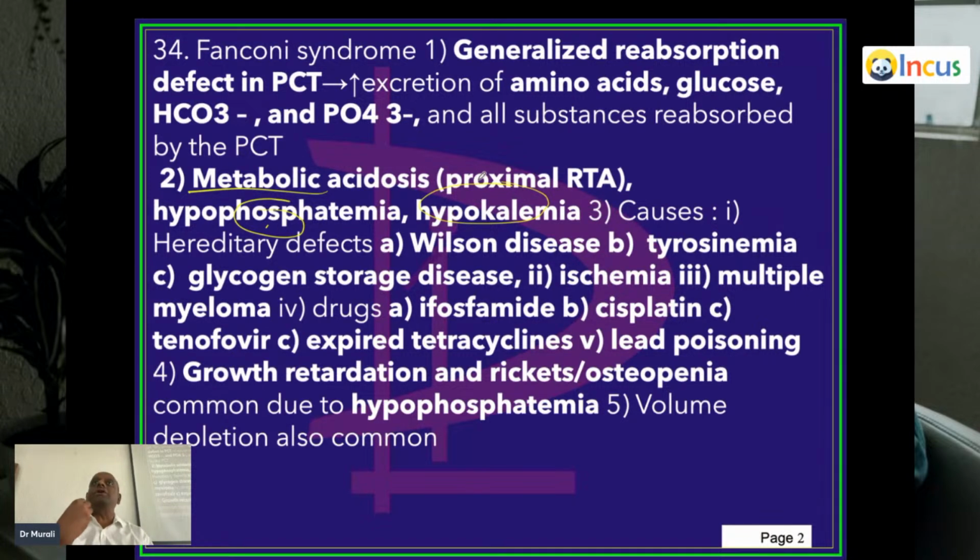Then what are the etiological causes for Fanconi and the proximal convoluted tubule dysfunction? Wilson's disease, copper deposition occurs in all the places. Tyrosinemia, glycogen storage disorders, any ischemic necrosis of the tubule can lead to it, and multiple myeloma and certain drugs like cisplatin, ifosfamide, antiretroviral drug tenofovir, expired tetracyclines, outdated tetracyclines if consumed by the patient,